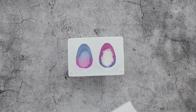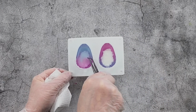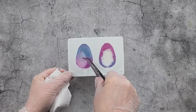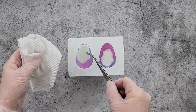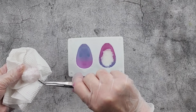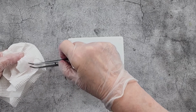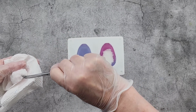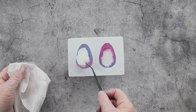Oh my gosh, he's sunk. I must have pushed him down. No, we don't want you to sink. Oh gosh. The other one's okay, but this one I overfilled. So see what I mean about not overfilling them? Now I'm just going to dry the top of him. So yeah, you're better off not filling them up too much. I thought I'd done them the same, but obviously I hadn't. Just dry the top and...